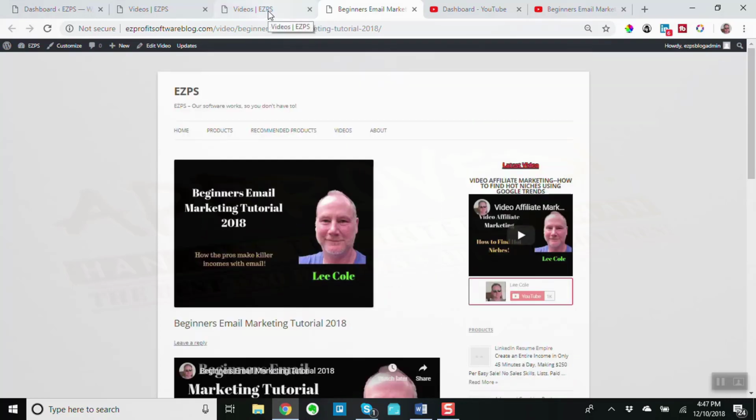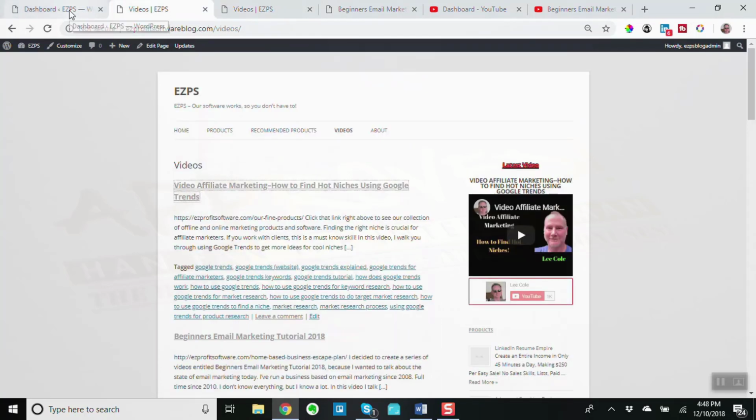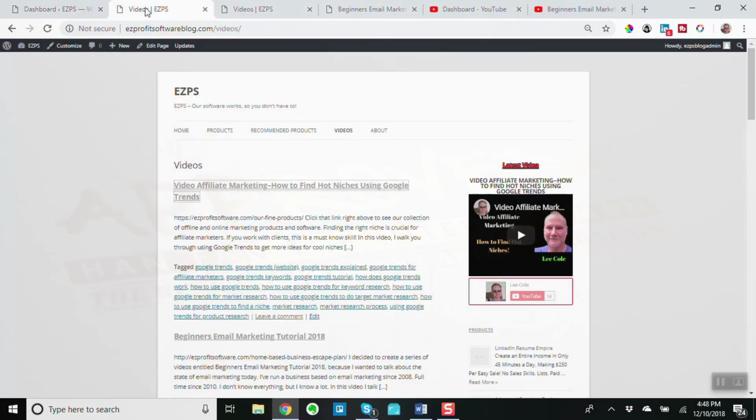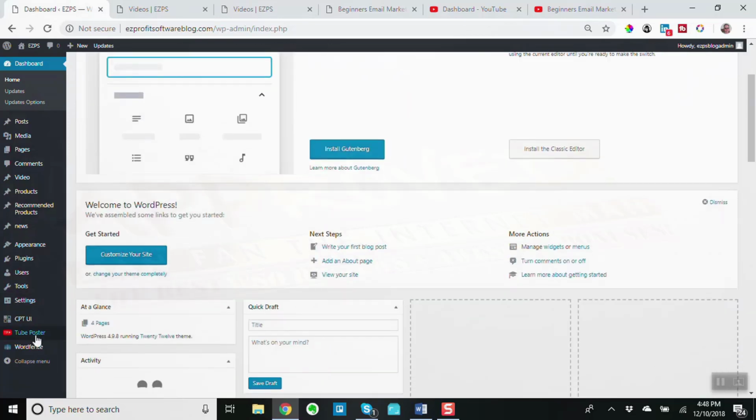Now, I want to show you the inner workings of this. So let's go over here. This is the dashboard for this site. Let's go over here, and you can see TubePostr down here. It works via API. It's not a scraper, and that's really important. If a piece of software is just going out, emulating a browser and then just pulling the information off of that,